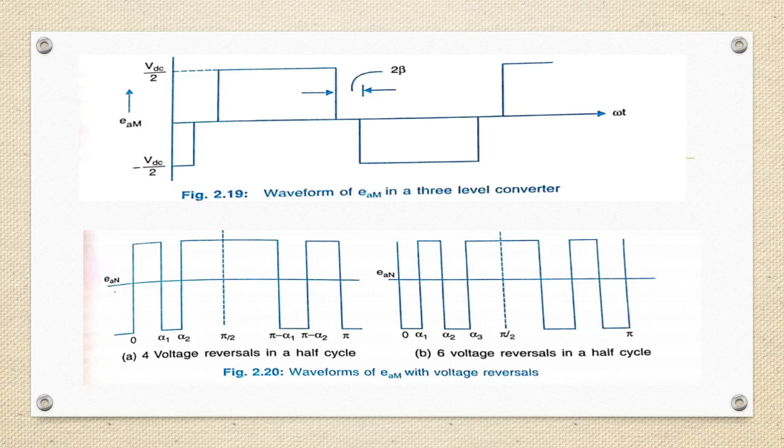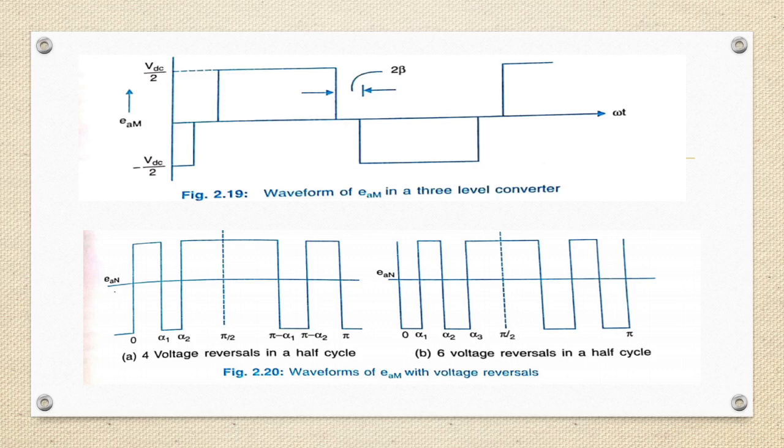Frequency ratio P is equal to F by f, where capital F is the modulation frequency and small f is the fundamental output frequency. P is called the pulse number. So, the higher the value of pulse number, the broader the spectrum of harmonics that can be eliminated. The switching frequency is dependent on the devices used. Maximum switching frequency for a GTO thyristor is only around 100 Hz. So this is why pulse width modulation is not used in GTO based VSC employed in high power FACTS controllers.